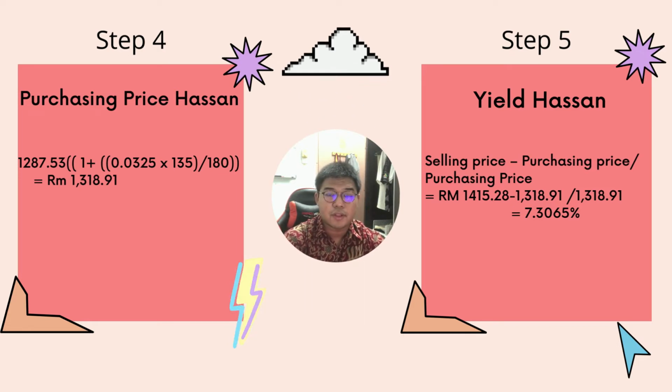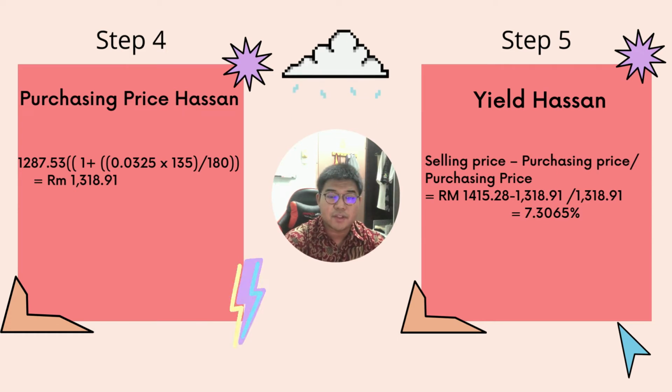Alright, now I'm going to explain to you guys how do we do step 4 and step 5, the last two steps. So let's start with step 4. For step 4, we must find the purchasing price for Hassan. After we have found the VB for Hassan, now we can move on to purchasing price Hassan. So the first step is we use back the figure that we get for VB Hassan, which is